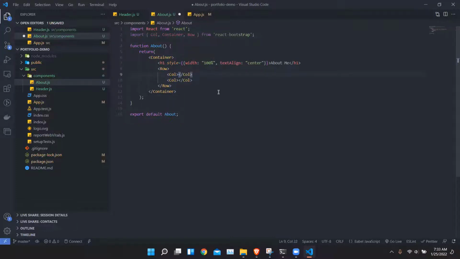Okay, so for the first column, we are going to give it 6 for small screens, medium, and 5 cells in a row. And for the large, we want it to span 4, but we don't want it to take the first cell. So we will give it an offset of